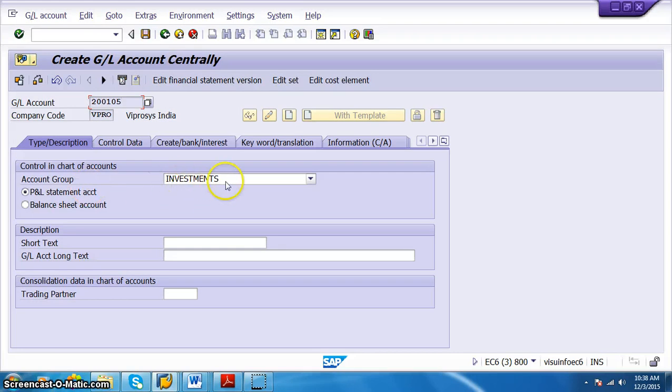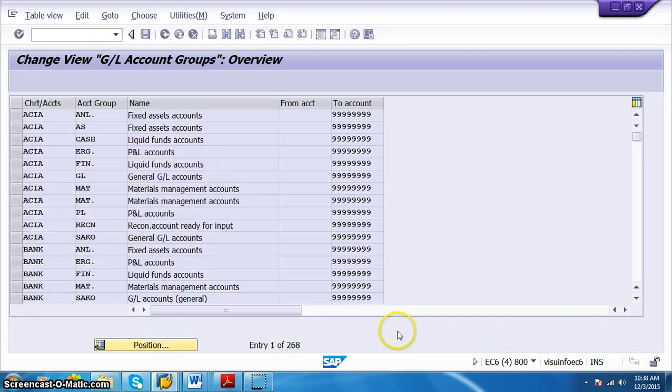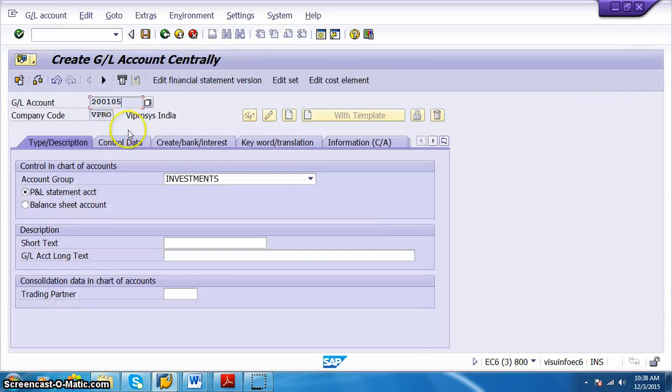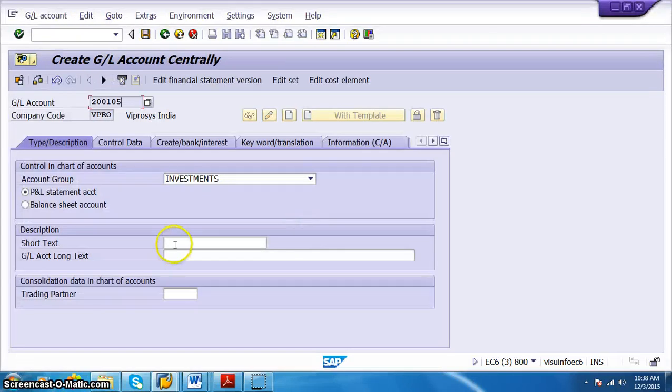So if you want to assign the account group as investments, if you see here for VPRO, in this we have investments. For investments we have the chart of accounts as VPRO, and the account number range 2001012 to 200202000. So we are taking 105, which is within this limit, so it will accept, otherwise it will give you an error. So I'll take it as investment.